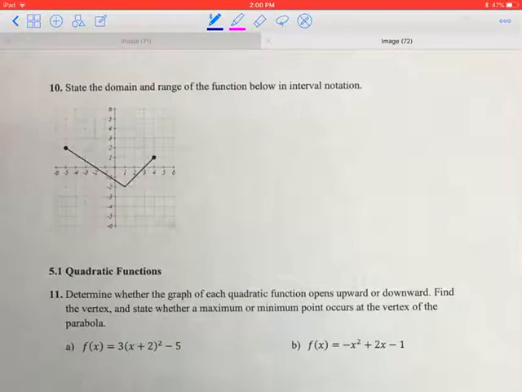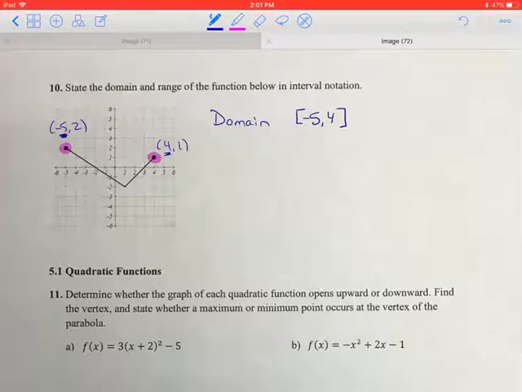number 10, we're just doing domain and range from the graph. So remember, domain is going to be left to right. I identify my leftmost point and my rightmost point. My leftmost point is going to be -5, 2, and my rightmost point is 4, 1. Now for domain, I always want my x's. So my domain is going to be from -5 to +4, and I do reach those points because they are